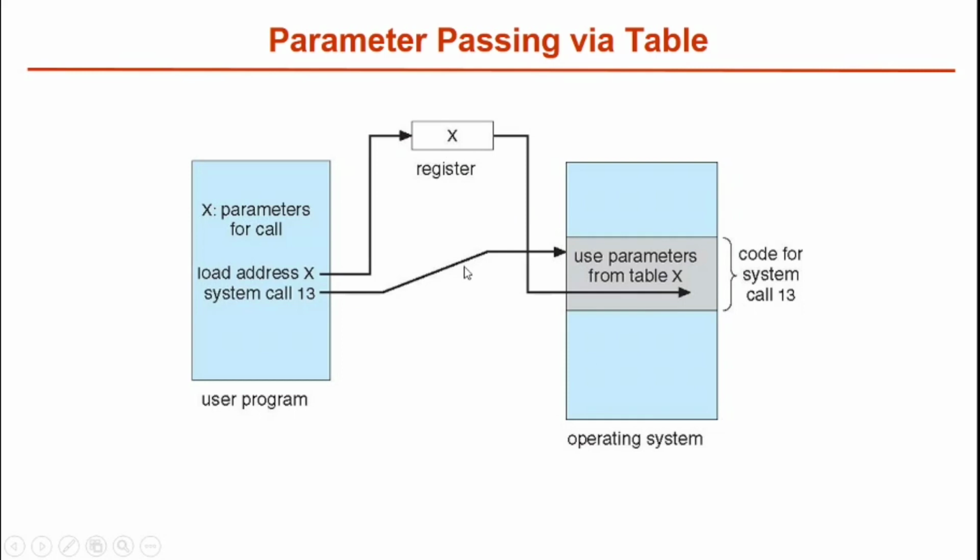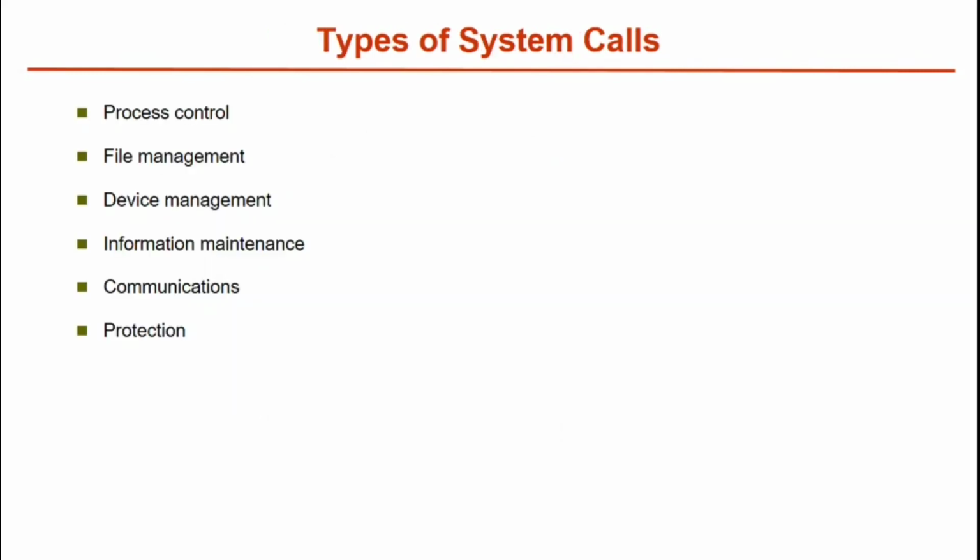You will study in detail how the variables are stored in the registers, how the required operation is performed, how the results are stored in the register after performing, and how we call back those results in the program. That will be studied in the microprocessor subject in the 4th semester itself. So next we move on to types of system calls.